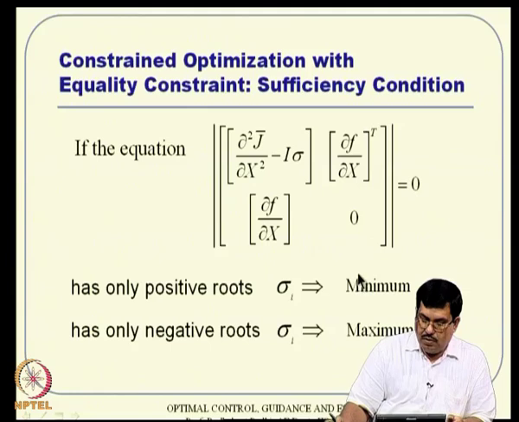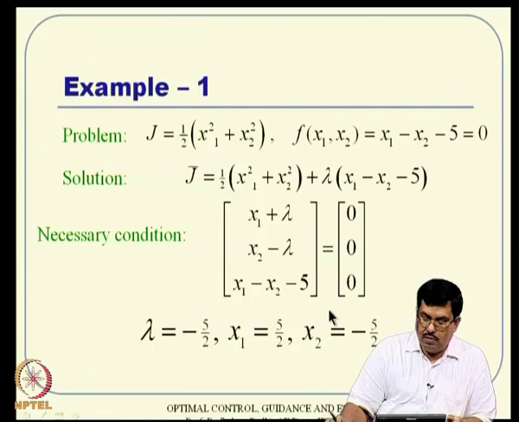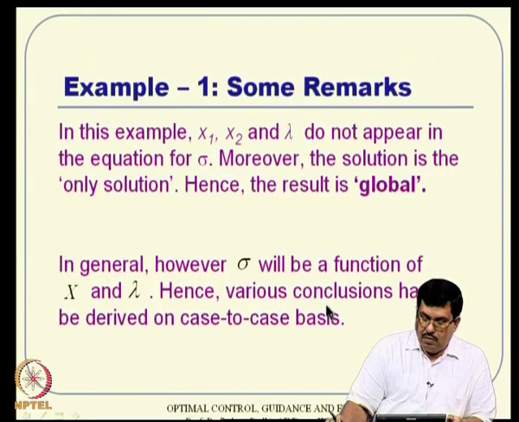And finally, we went through the sufficiency condition as well, and said that you have to construct this kind of matrix, then see the determinant and interpret that as a function of only sigmas, and analyze the sign sensitivity of all these sigmas. If all of them happen to be positive, then it leads to a minimum condition, and if all of them happen to be negative, then it is a maximum condition. Again we demonstrated that using some examples.